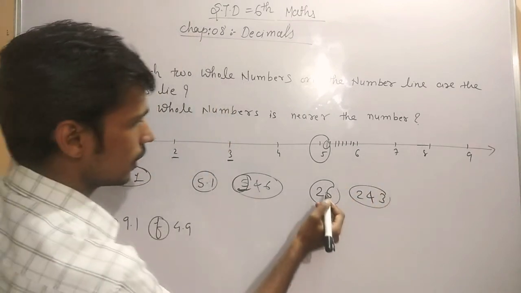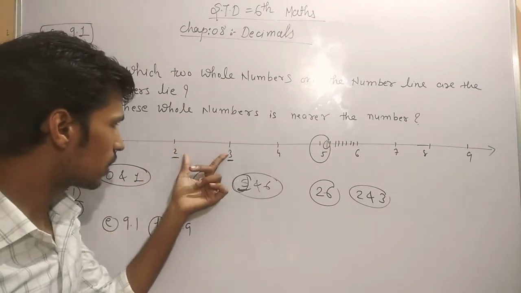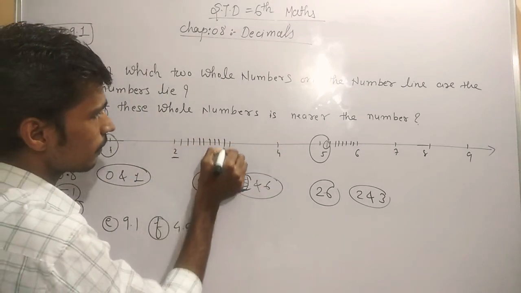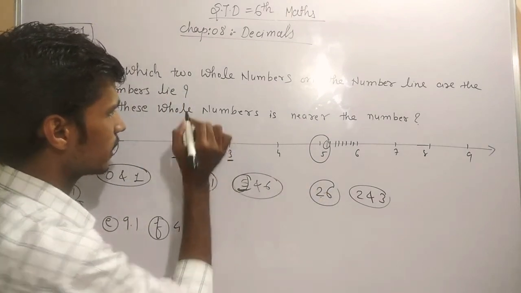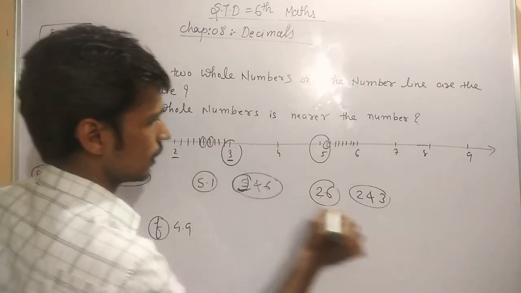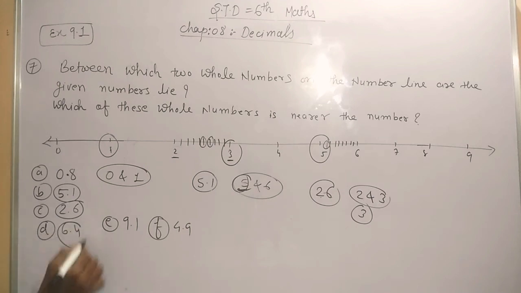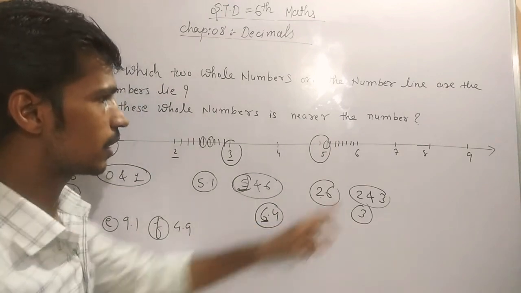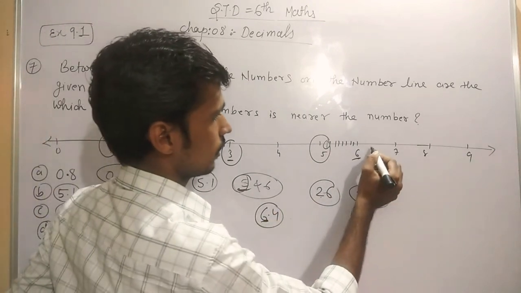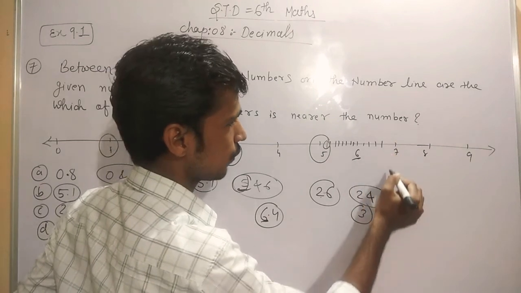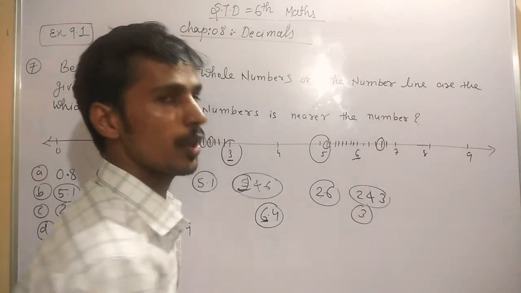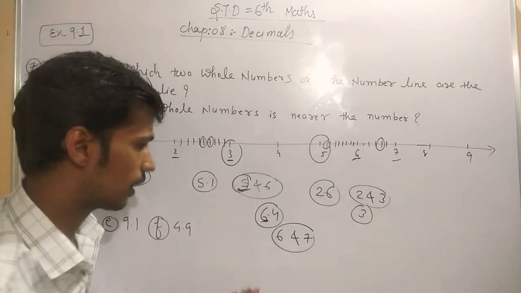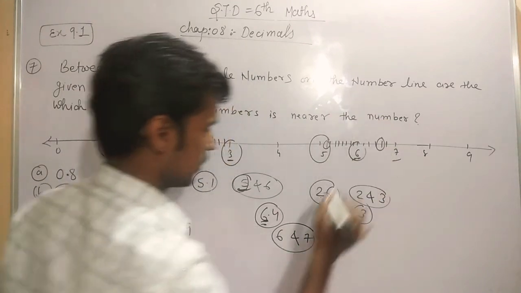Between 2 and 3 you can see 2.6. That means between these numbers, the segment is divided into 10 parts. 2.6 means more than half by one. So 2.6 is nearer to 3. Next, 6.4. Now students, 6.4, you can see numbers start from 6, which is here, and 4. 6.1, 6.2, 6.3, 6.4, 6.5. One point before 6.5 is 6.4. So where does this number come? Between 6 and 7. Okay, and this number is nearer to 6.